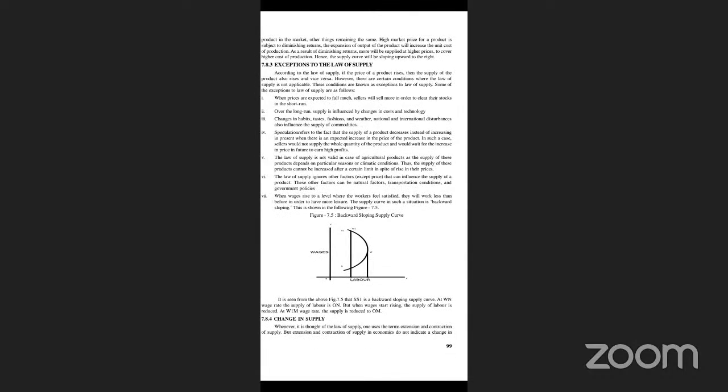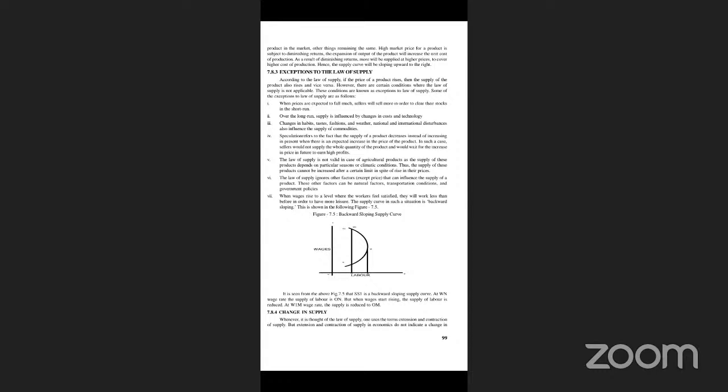And wages also contribute to the workers' satisfaction level, wherein they will work less if wages are high, in order to have more leisure, and the supply curve in this situation will be backward sloping. Like we have seen an upward sloping supply curve, now, because of these reasons, there can be chances that the supply curve would bend downwards, and we call it a backward sloping supply curve. Okay,